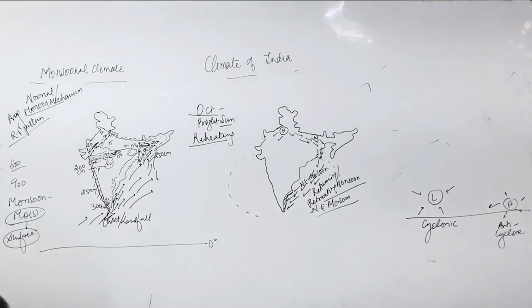Why monsoon? What is the monsoon effect here? This is the southwest monsoon, coming from the southwest direction. Why is this the monsoon? Have you read it in the book? These are the monsoon winds which are returning back because of the shift of the ITCZ. But these monsoon winds have already precipitated all their moisture in the summer months.